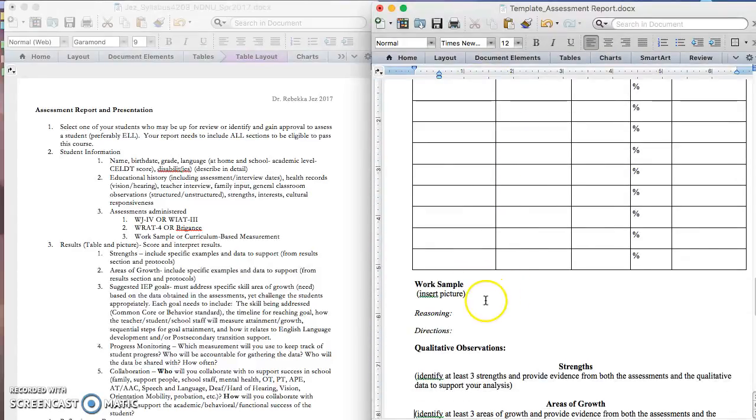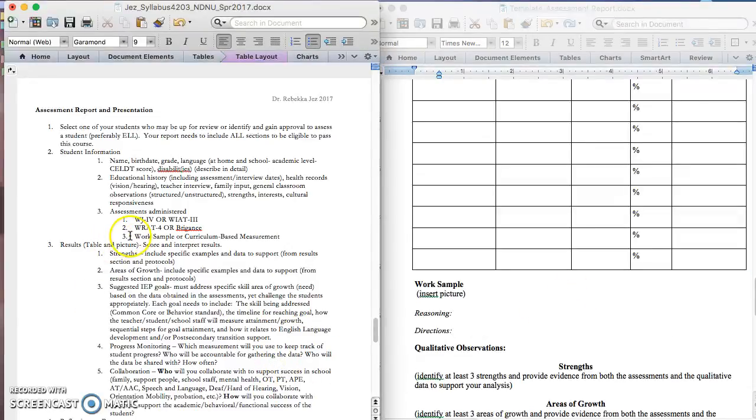And then you're going to insert a picture of a work sample, and you're going to tell me why you chose that work sample to support the results of the test. And then you're going to also tell me what directions the student was given to complete that work sample. So you can see here that